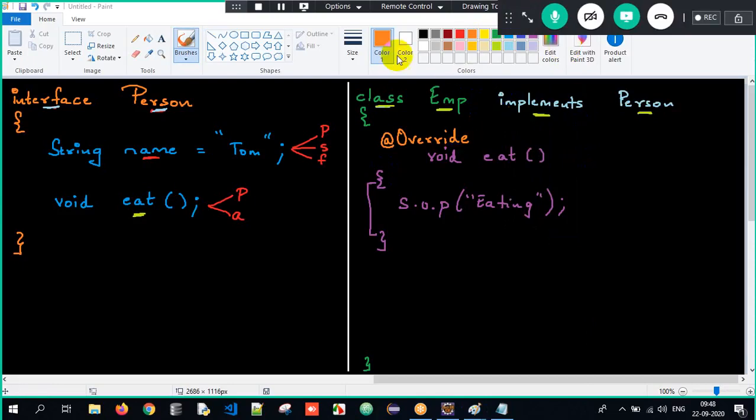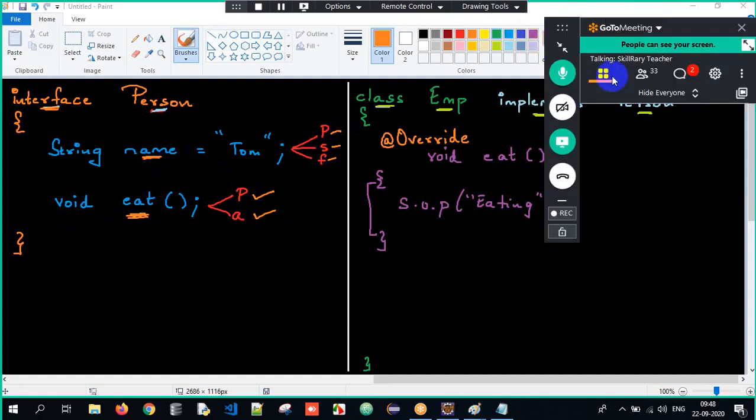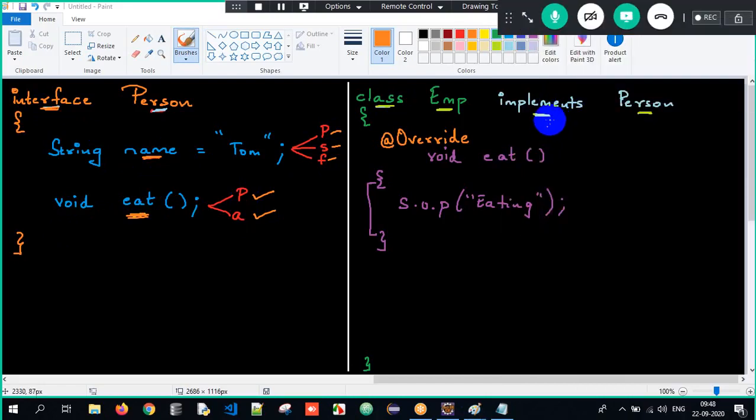Someone said, sir, you have to make use of the abstract keyword. No, no, no. If you define a method in an interface, it's automatically public and abstract. And if you define a variable here, it's automatically public, static, and final. So the problem is with respect to overriding. Whenever we are overriding a method, same return type, same method name, same number of arguments, but the access specifier here is automatically public.